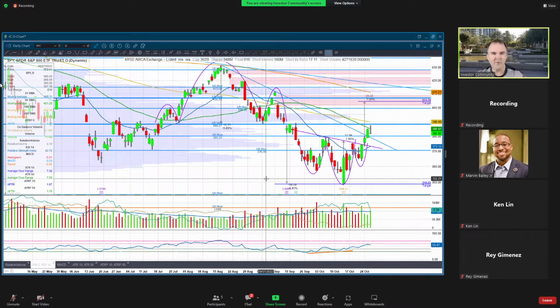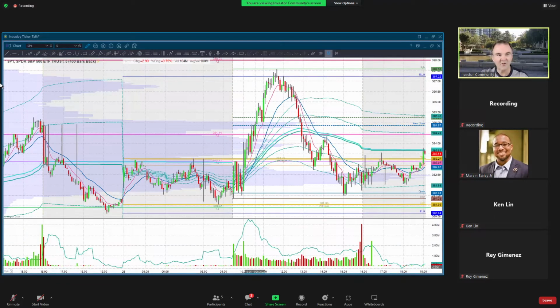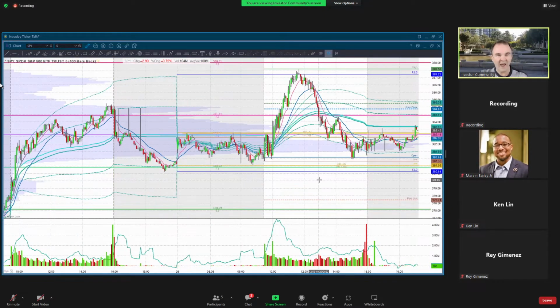I kind of think we've got bigger factors at play here, and I'm not going to make trading decisions based on one candle and its ominous name. We're going to look at other things. So let's look at an intraday chart of the SPY, because really, I think today kind of started yesterday at the close. And let's go through, bit by bit, everything that happened in the last 24 hours.